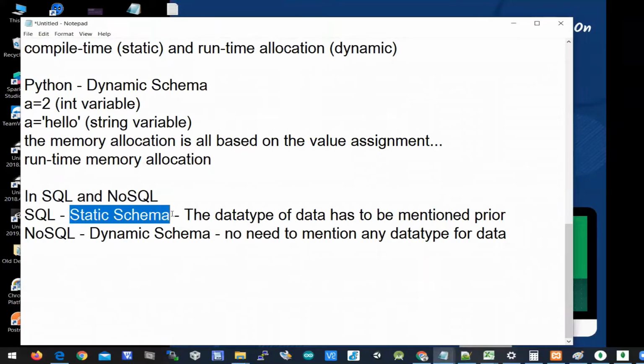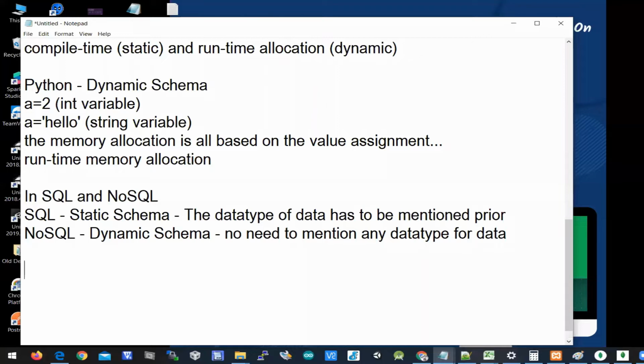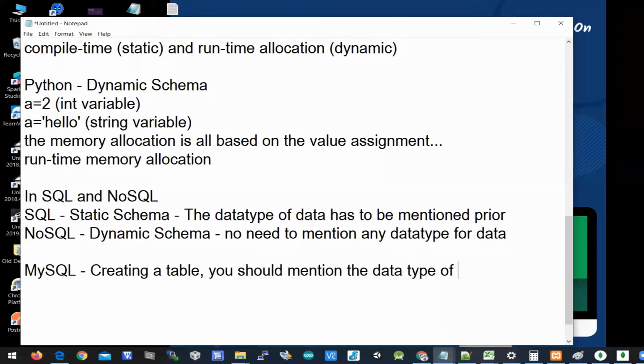Static schema in the sense the data type of the data has to be mentioned when you are creating a table. If you are aware of MySQL in engineering subjects, I will have a subject on MySQL. When you look at MySQL, while creating a table, you should mention the data type of columns there. Without mentioning the data type of columns, you cannot create a table there, and that is called static, which is fixed schema.